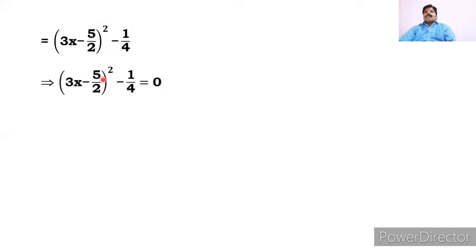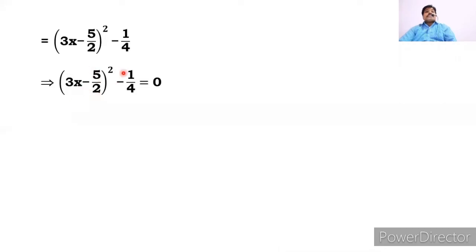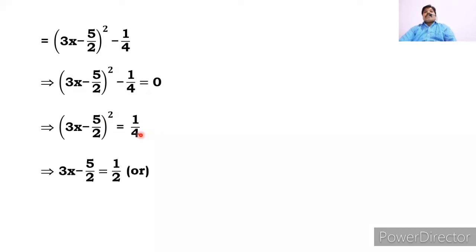So I will take the question here, already they have given this equation. So (3x minus 5 by 2) whole square minus 1 by 4 is equal to 0. See students, take this 1 by 4 to this side, it will become plus 1 by 4, and if you remove the square on the RHS side, it will become plus or minus 1 by 2. So you can take plus 1 by 2 one time, or you can take